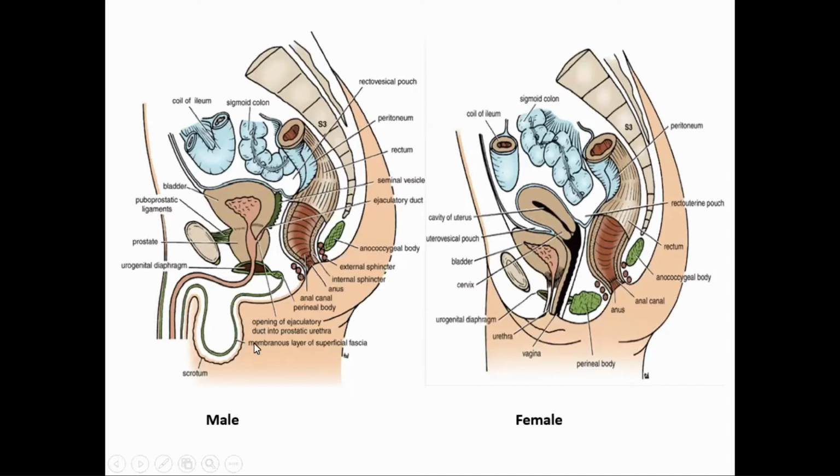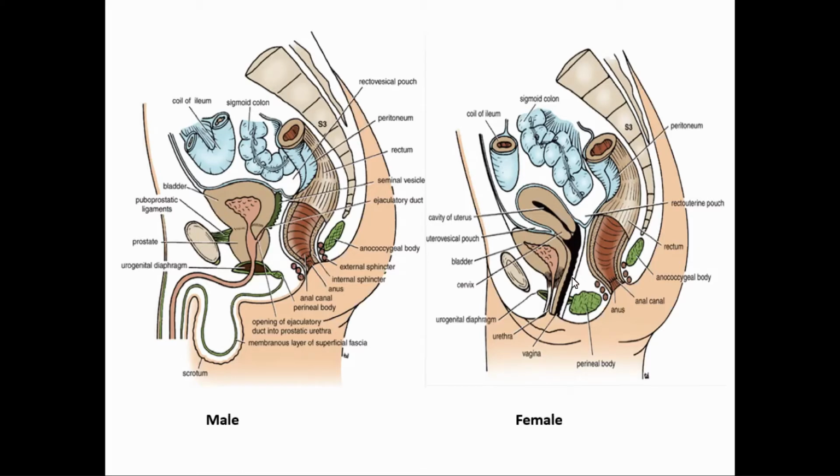And anteriorly, in case of the male, it is related with the seminal vesicle, prostate gland, ejaculatory duct, and vas deferens. So, what are the anterior relations of the lower one third of the rectum? In case of male, seminal vesicle, ejaculatory duct, part of the vas deferens, and prostate gland. Clear? See, this diagram illustrates the male relations of the rectum.